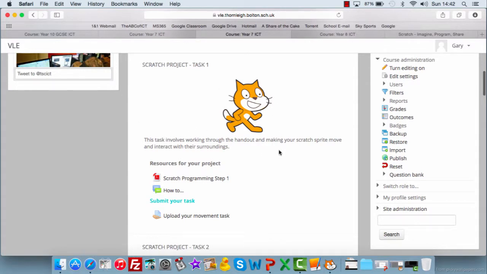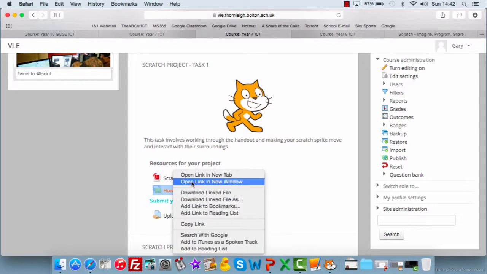On task 1, it's got a really brief description, and it says this task involves working through the handout and making your sprite move around and interact with their surroundings. It's got a PDF document that you can download and you can work through. It's also got a chat room whereby you can start to help each other. So if your teacher isn't available, if you just click on the how to chat room, in fact I'll do it now,